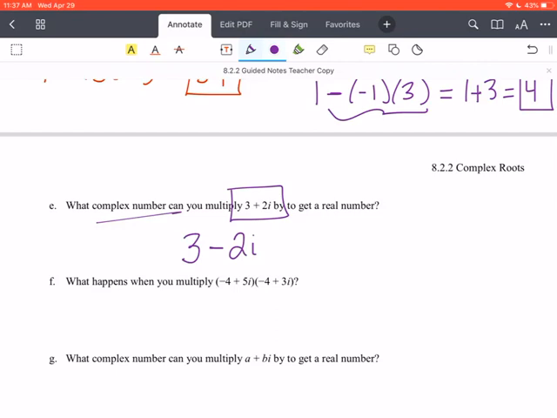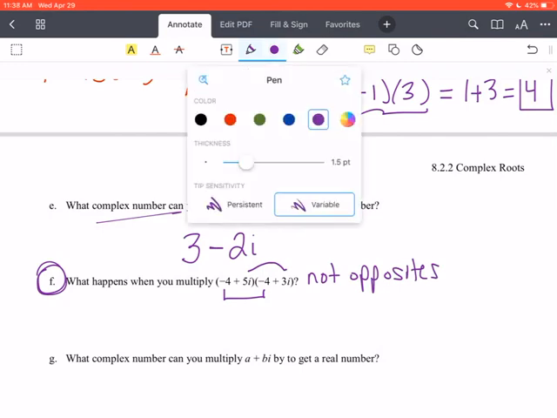Okay, now if you look at F, is F like what we just did on A through D? It says negative 4 plus 5i, but then it says negative 4 plus 3i. They kept the same real component, but the imaginary components are not opposites. So we can see that because the imaginary components are not opposites, maybe it's not going to be as nice. Okay, so when we go ahead and do our double distributing,